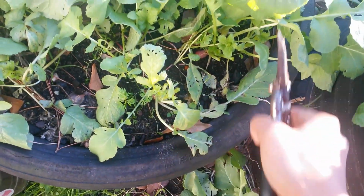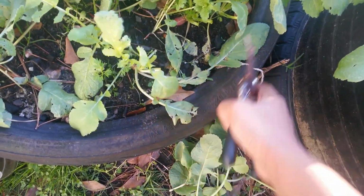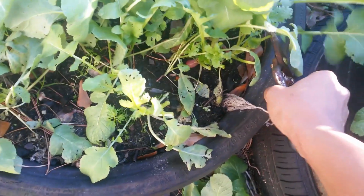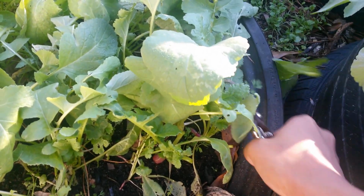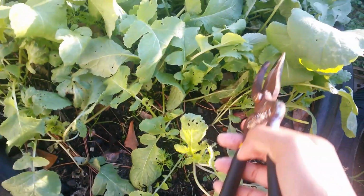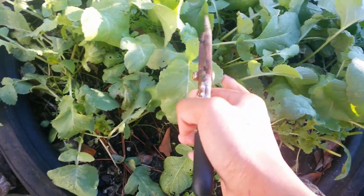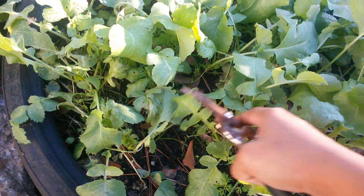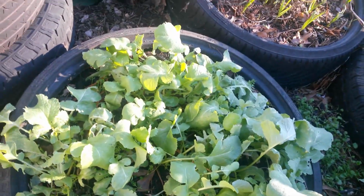But back to what I was telling y'all. It's so many tops on these radishes that I said I was going to cut some of the bigger ones off. I could show me cutting them instead of it being all off camera. And I was going to cook with them. But I said I was going to try doing like cut and come again and see how they go. So I'm not going to cut all the tops. And plus, this will help because the tops is so many. It's shading